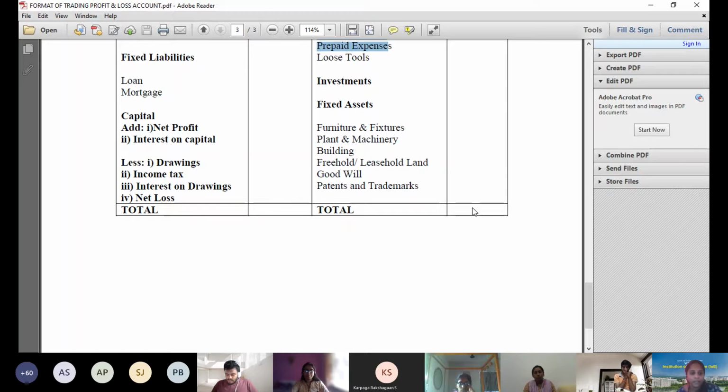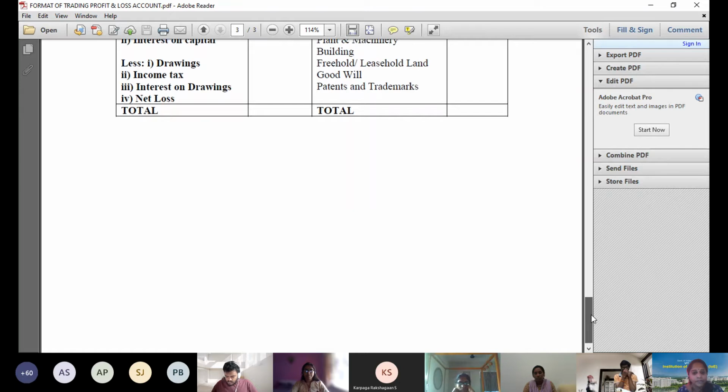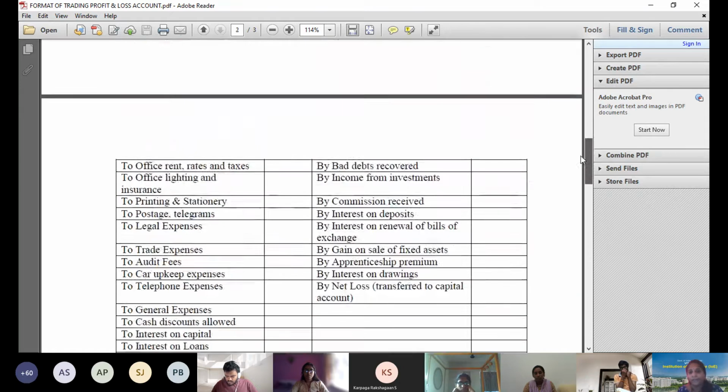with every aspect, because there they won't be doing all this. What capital, add net profit, interest on capital, and all these things, they will not be deducting, they'll just be writing the amount. So that is the reason it's opening and closing. Fine. So that's the aspect of annual reports. This is the aspect of your format.